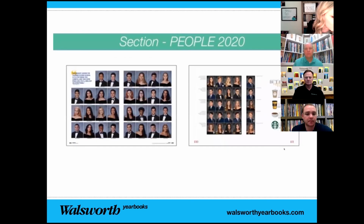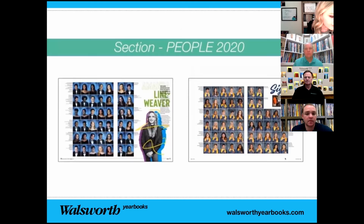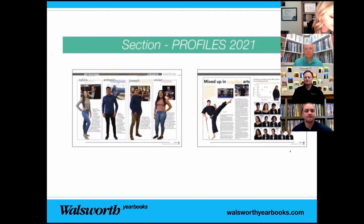Shoes, cookies, pull quotes, favorite coffee, just tons and tons of options. It is endless. Couple of examples of profiles. They don't have to be a full spread. I love this one on the left where they've taken people and done a cutout, another picture, and a